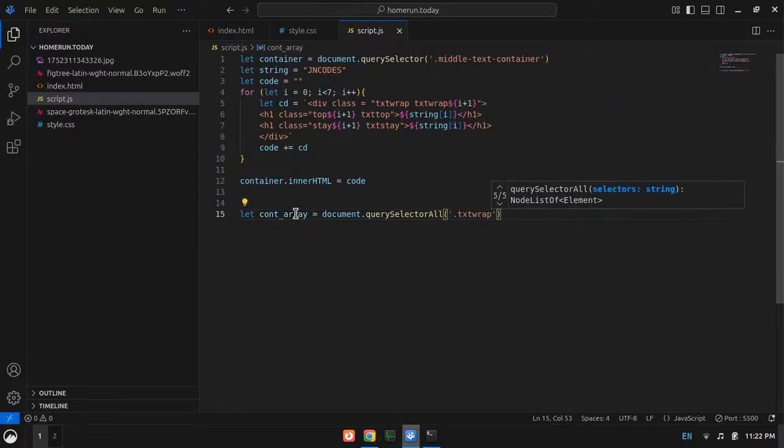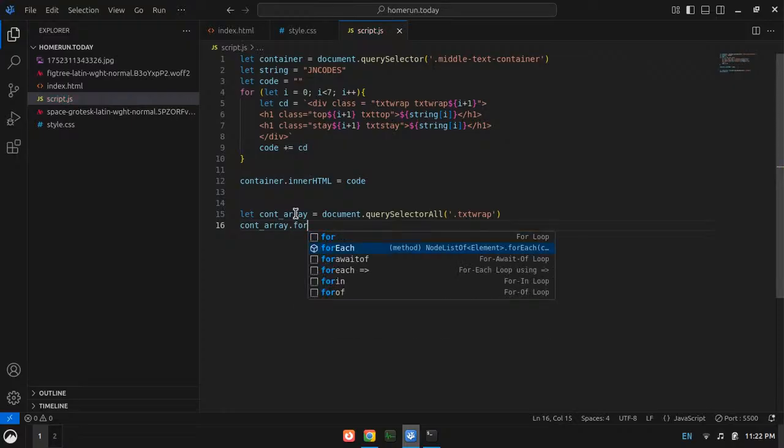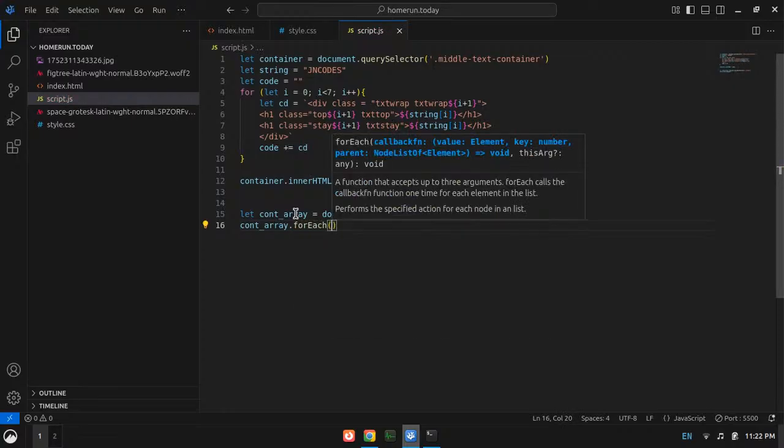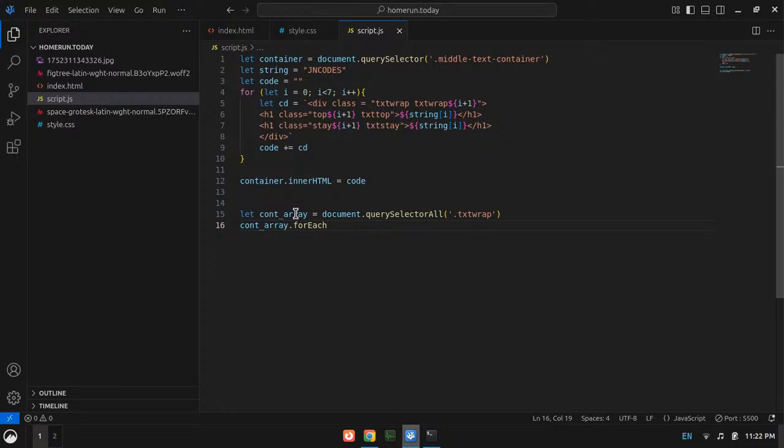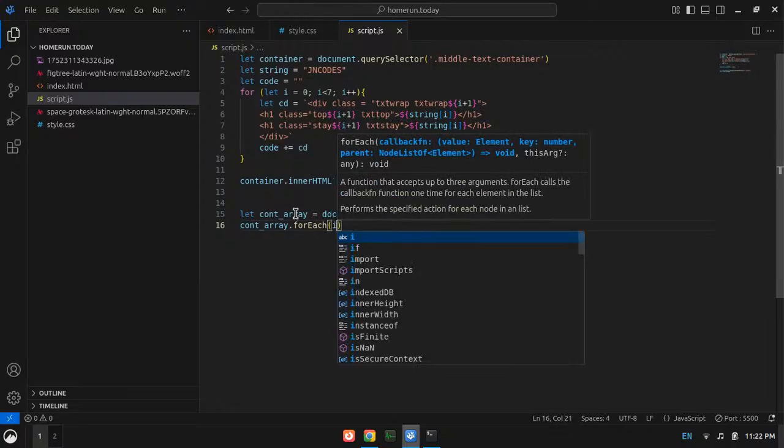Right, now count array dot forEach, dot addEventListener, right? Or I guess